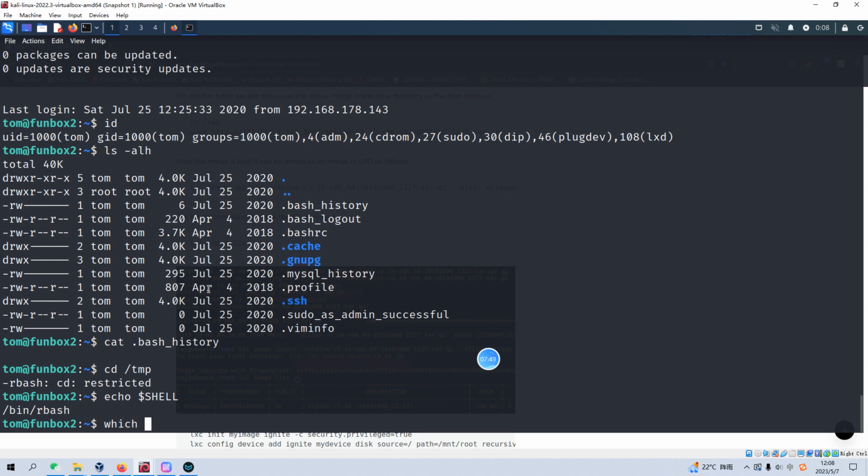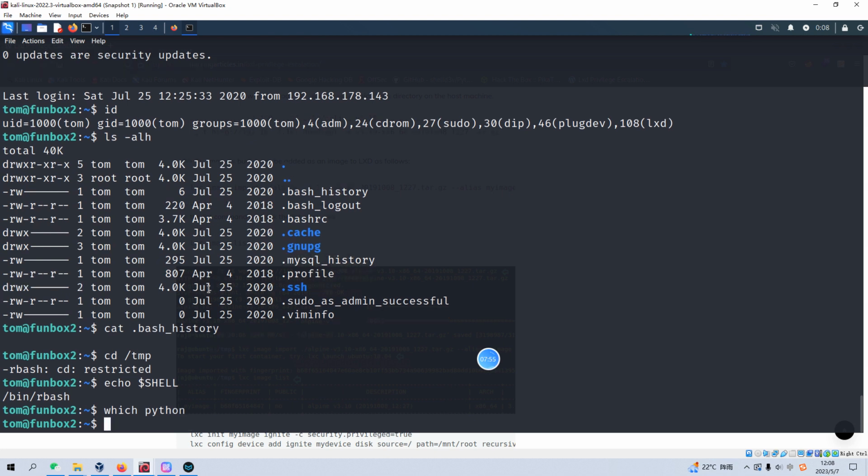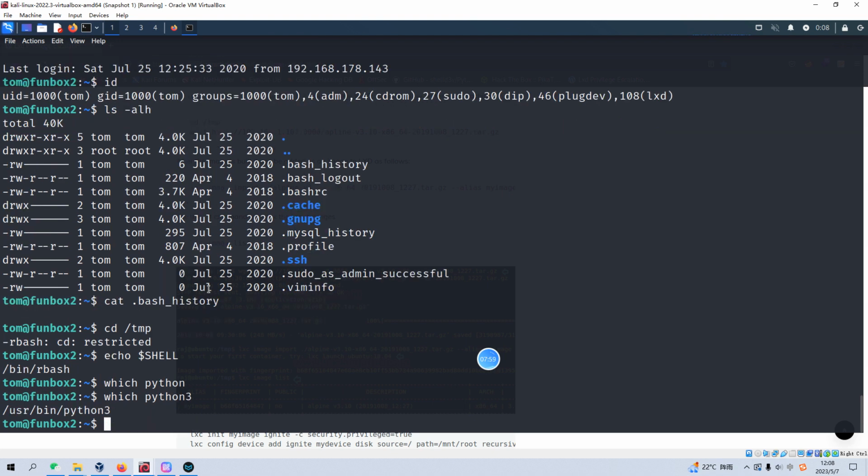We can check whether Python is installed on the target, but Python 2 doesn't exist. We can check Python 3. Yes, it does exist on the target, and we can use Python and import the os module, os.system,